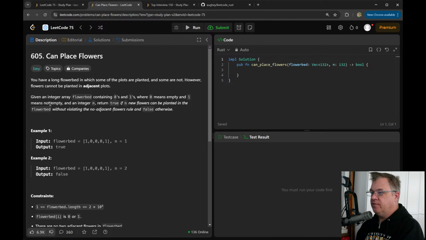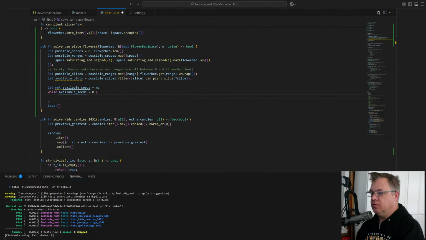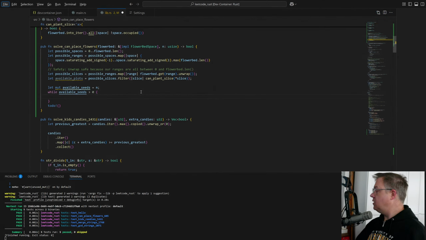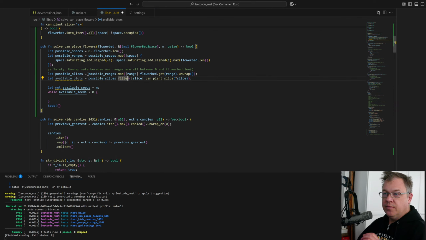If new flowers can be planted without violating the no adjacent rule. So it's just that. Let's go back here. Available slices.